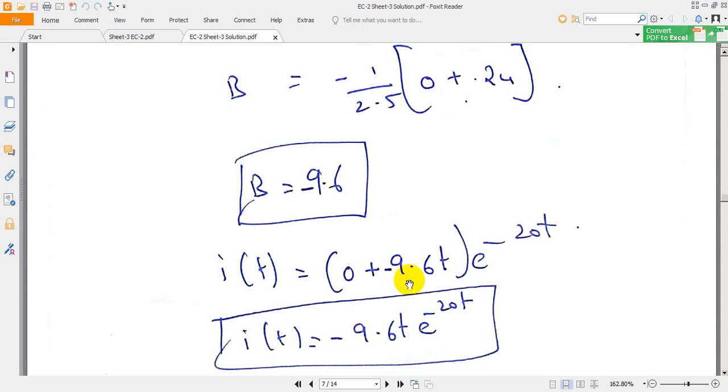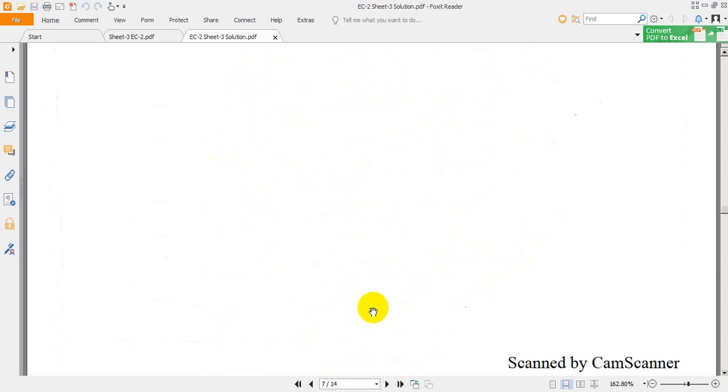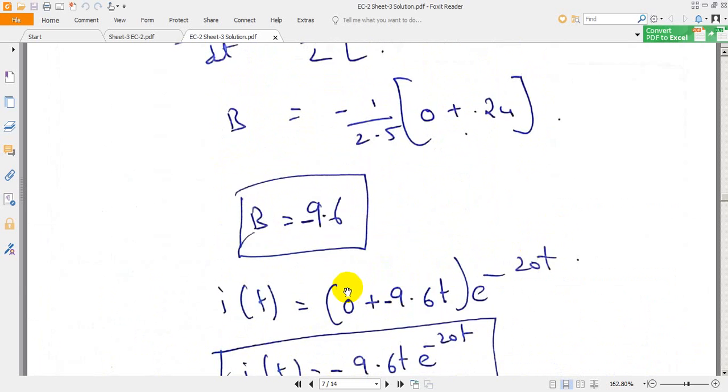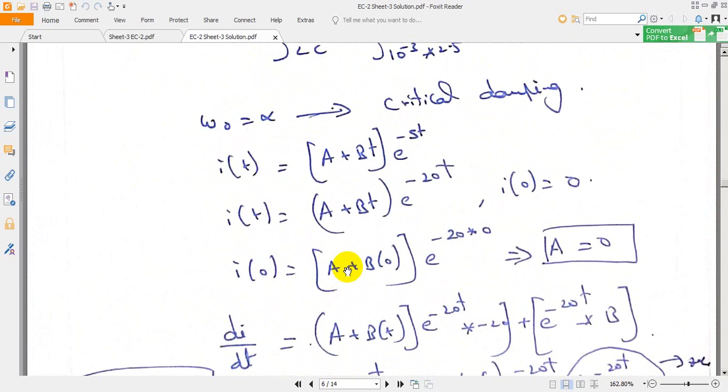So I of t is equal to 0 plus 0 minus 9.6t into e power minus 20t, or simply you can write it as I of t is equal to minus 9.6t into e power minus 20t. With this we have finished the free response of an RLC series circuit. In the next session we will be seeing the problems related to the free response of RL circuits. If you are having any doubts, you can